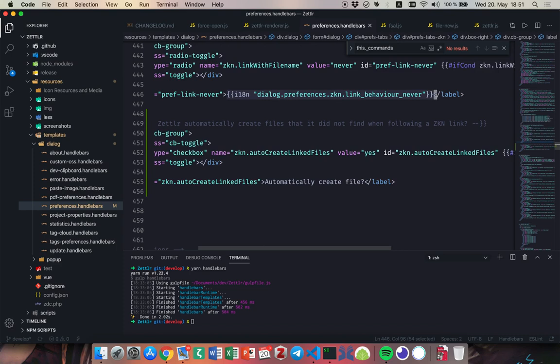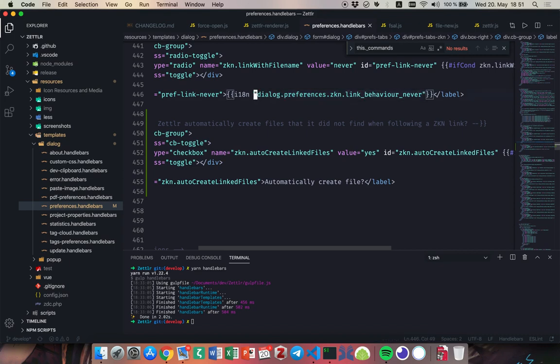And how do I create these translations? The point is, currently you don't, because it's all running on Zettlr translate, which I have to fill. So basically, if you implement something, you have these localization things, and you basically need to stick to this somehow. For instance, in this case, it would be easy because you know it's inside the dialog, it's inside the preferences dialog, it's inside the section on Zettelkasten, and